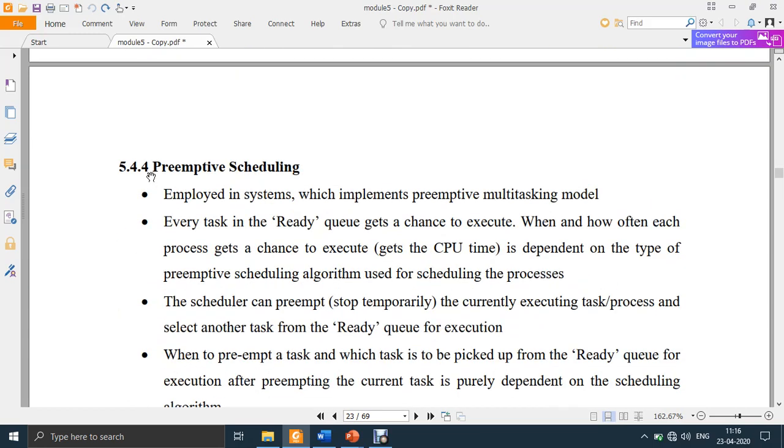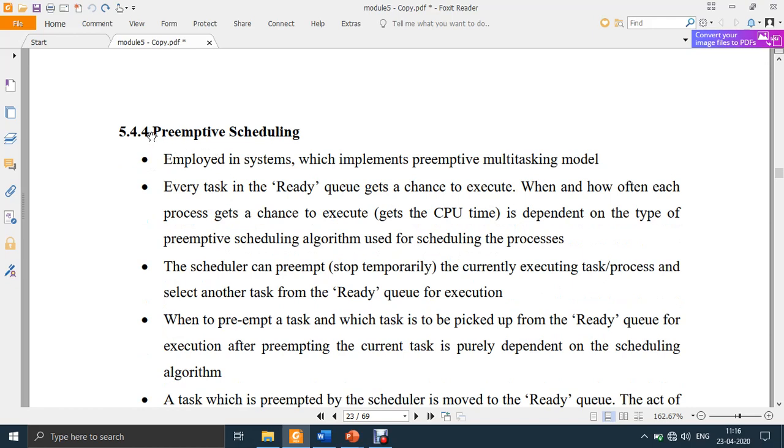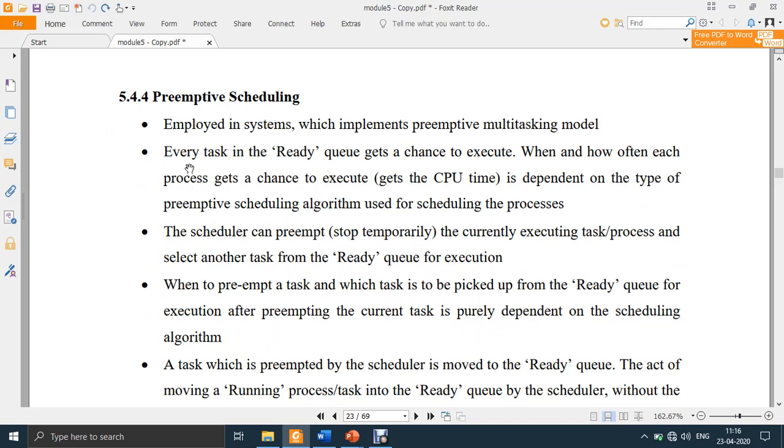So we shall now discuss preemptive scheduling. I had given an example yesterday. I had taken the example of a clinic and patients who are trying to get the appointment, the patients who want to see the doctor or to consult the doctor, and how the patients will be given the chance, right? And I also gave the example of an attender who will look after the patients before they go and consult the doctor, right? So you have to remember this example, because with reference to the same example I'll explain